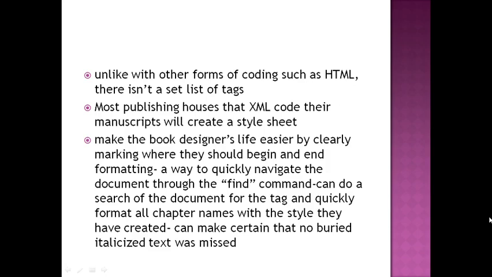The purpose is to make the designer's life easier by clearly marking where they should begin and end formatting. It also gives them a way to quickly navigate the document through the find command. They can do a search of the document for the tag and quickly format all chapter names with the style they have created. And similarly, by searching for the tag, they can make certain that there are no buried italicized